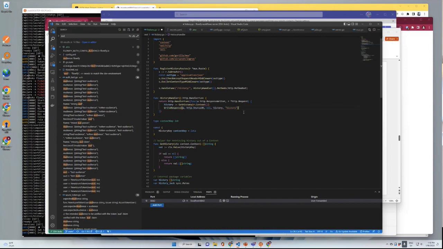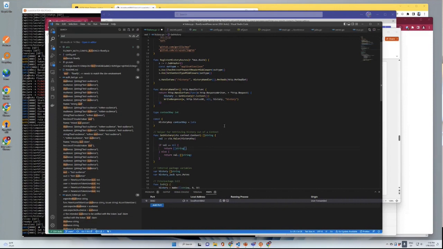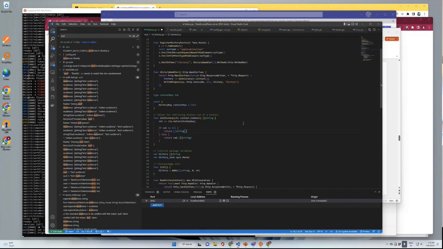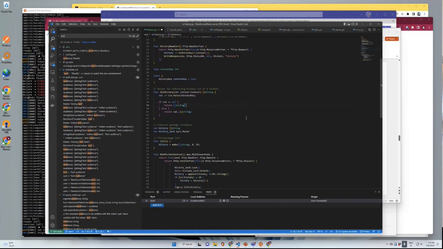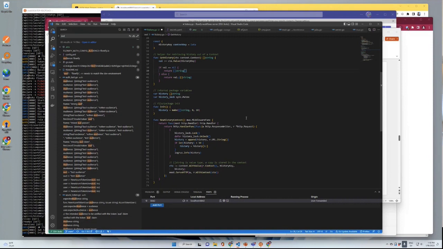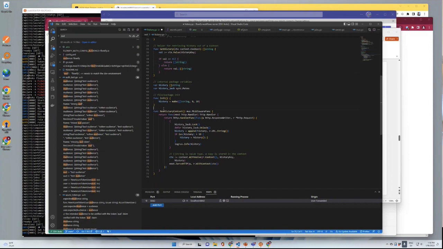So it can't fail. If it doesn't get the history from the context, it will return an empty set of strings. And this is obviously not the way to do it, but this is how I did it for the sake of this